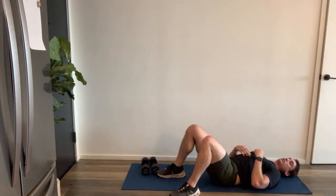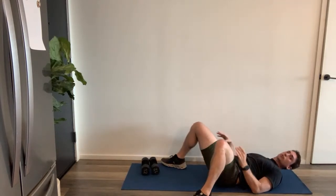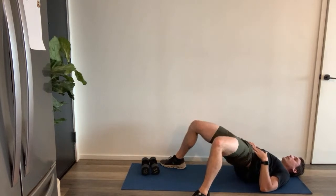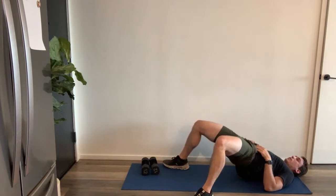Okay, so now same exact movement, but we're gonna take 1 step out for each leg, so it's a wide stance bridge. We're gonna go 10 of these, here we go. 1, and if you're doing this nice and slow and controlled, 2, it should be burning a little bit by now. 3,